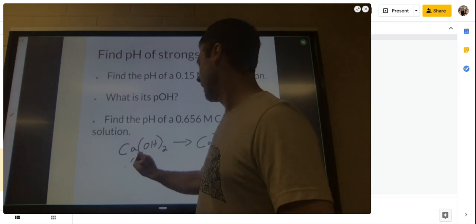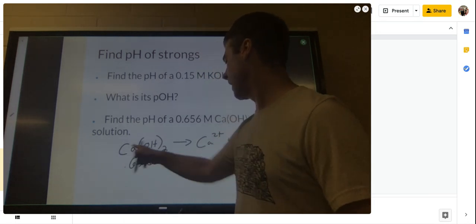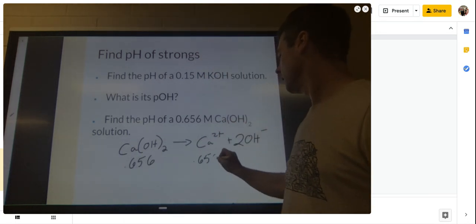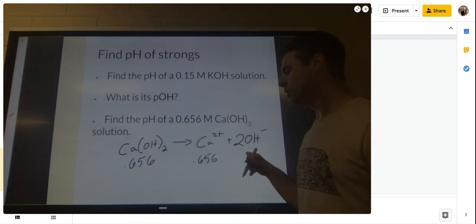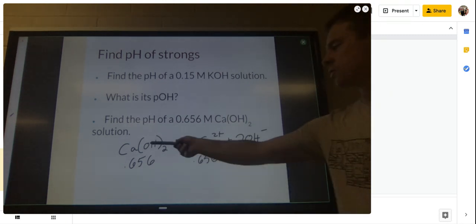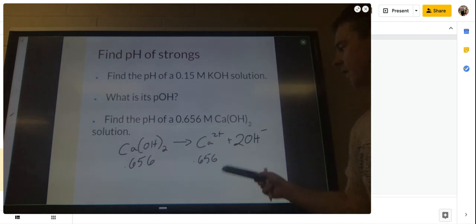So this is not a what-you-see-is-what-you-get. That's a 1-to-1, but you get twice as many OH as you do from that. So 1 mole of this stuff will give you 2 moles of that stuff. So the actual concentration of the OH swimming around there is